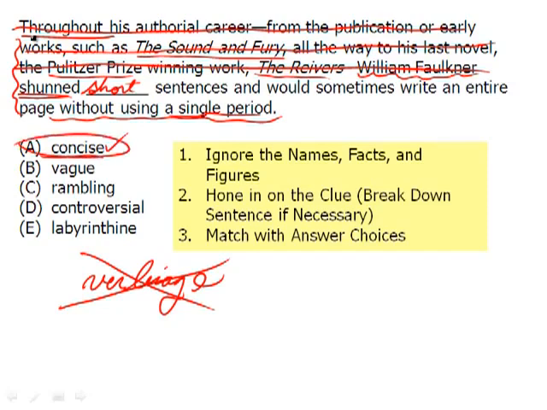Of course, there are a couple of trap answers here as well. People may think, hey, look at B, it's vague. His work must be vague. His writing is vague because he uses such long sentences. But again, he's not necessarily avoiding that. Is he avoiding a rambling style? Well, it sounds like he's using a long and rambling style. So again, knowing the word shunned is important. And of course, there's nothing in here showing us that it's controversial. And labyrinthine sounds like a labyrinth, which is a maze, a twisting maze. And we know we simply want a word that means short. That word is concise. And just like that, we've gotten through all the verbiage, focused on the clue, and arrived at the correct answer.